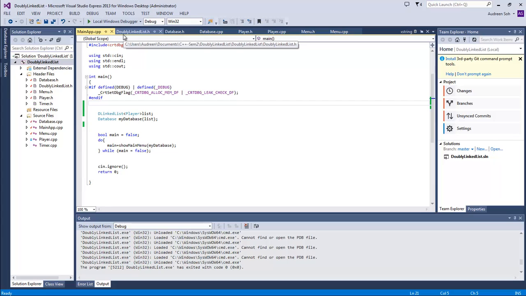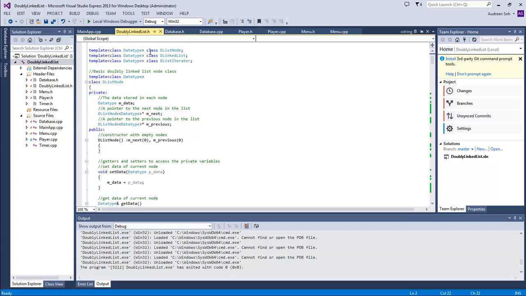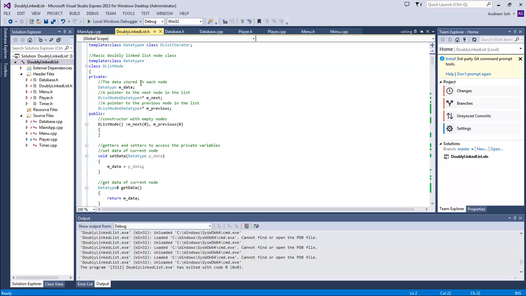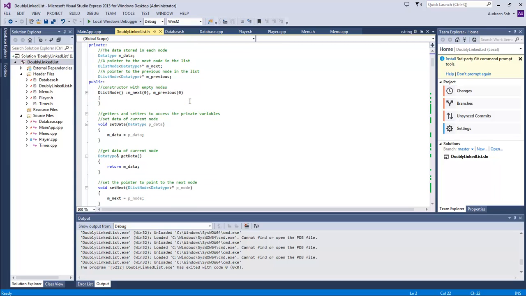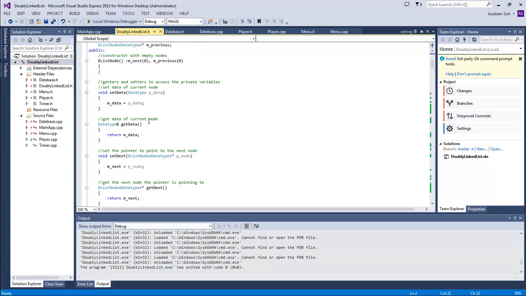I think I will go first to the doubly linked list because it's the main part of the whole CA. So I have the list node class, which includes what is in the node, the m data, the pointer to the next node, which holds the next node address, and the pointer m previous to the previous node address. And the constructor is here, and I have all the getters and setters